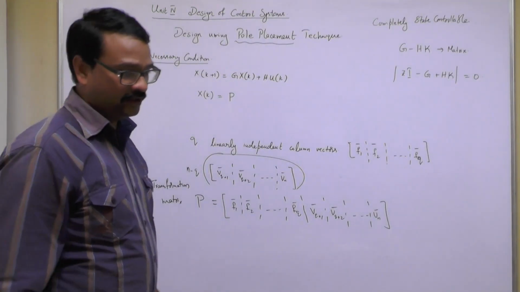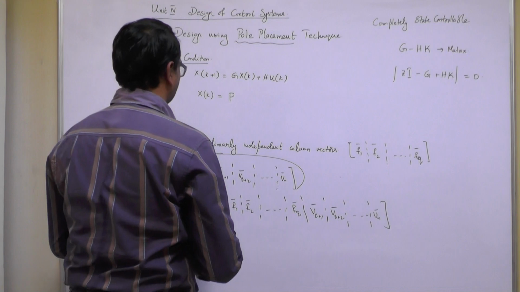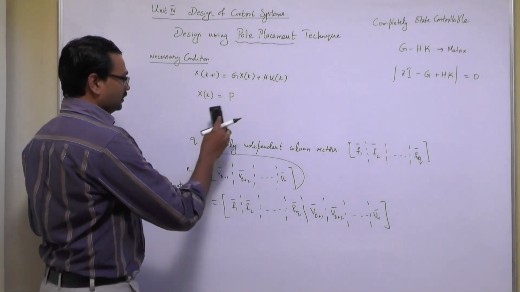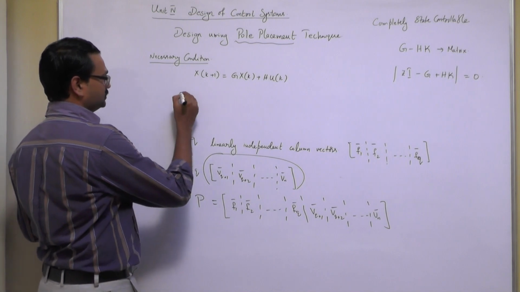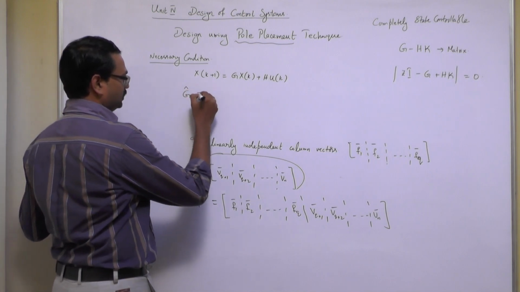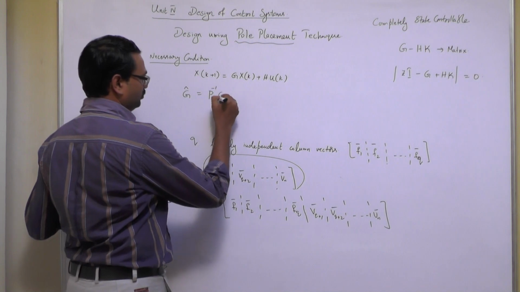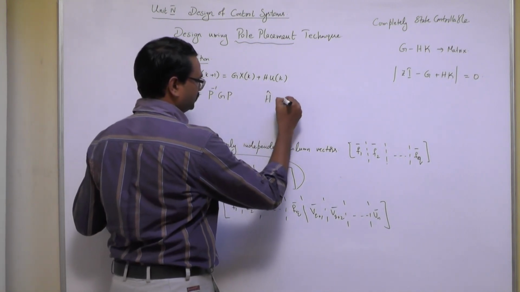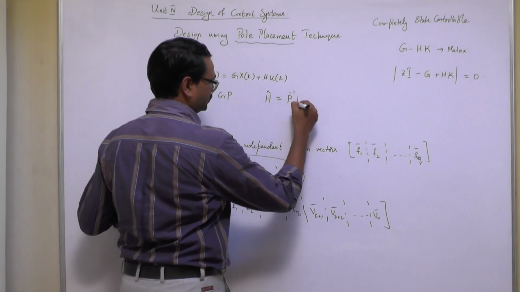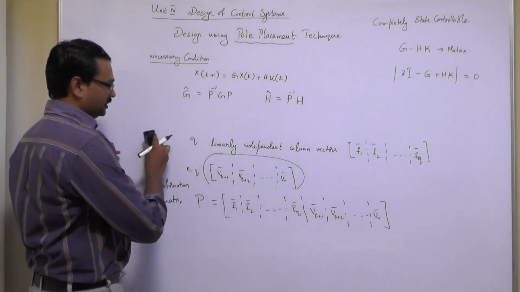So we are going to find out the transformation matrix and find out what is this G cap. G cap is nothing but P inverse GP and H cap is nothing but P inverse H. That can be obtained easily from